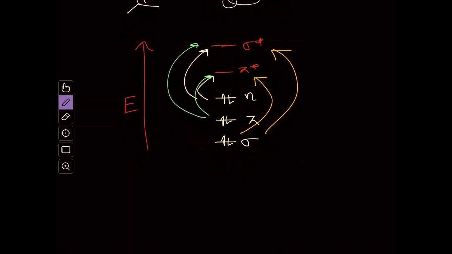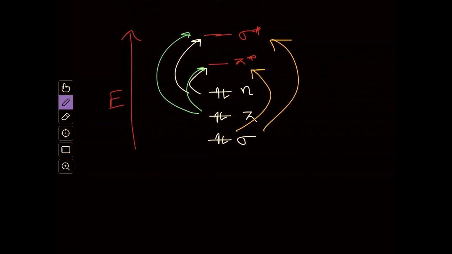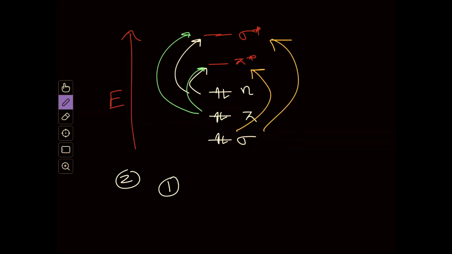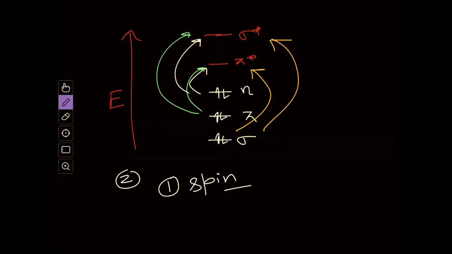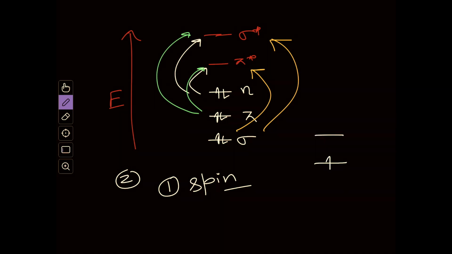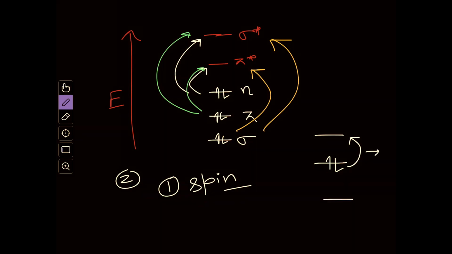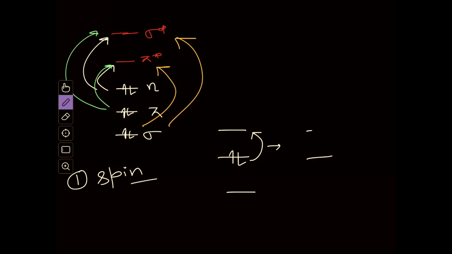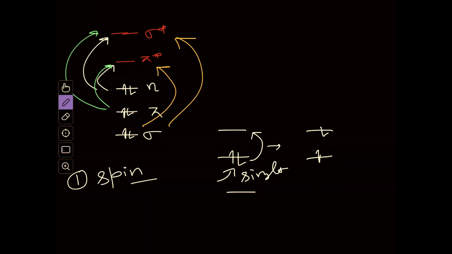Now what is meant by allowed and not allowed? There are some selection rules which decide whether a particular transition is allowed or not, and two selection rules are there. One is called the spin selection rule, which tells that a transition will be allowed where the total spin of your system is unaltered, the total spin remains constant. For example, let's say you are doing a transition from this filled level to this empty level, and by doing that you get this arrangement. You can see previously it was singlet, and after the transition also it is singlet.